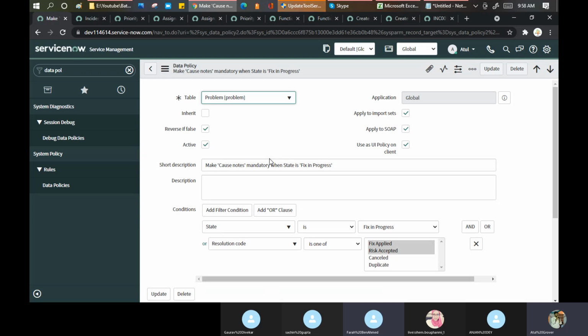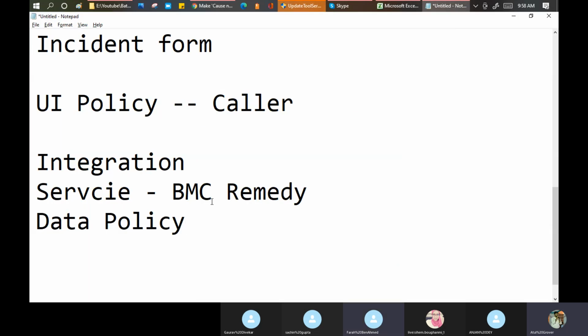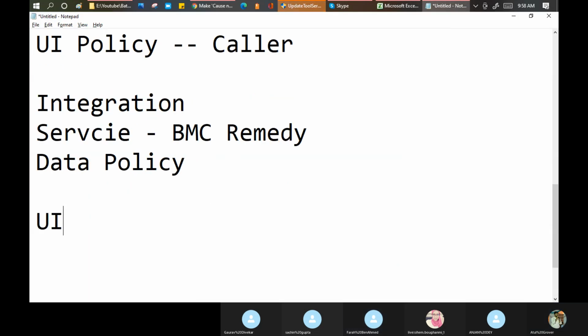It's a little bit confusing sometimes. Okay, wait. UI on the form level, okay? Data on the record level.